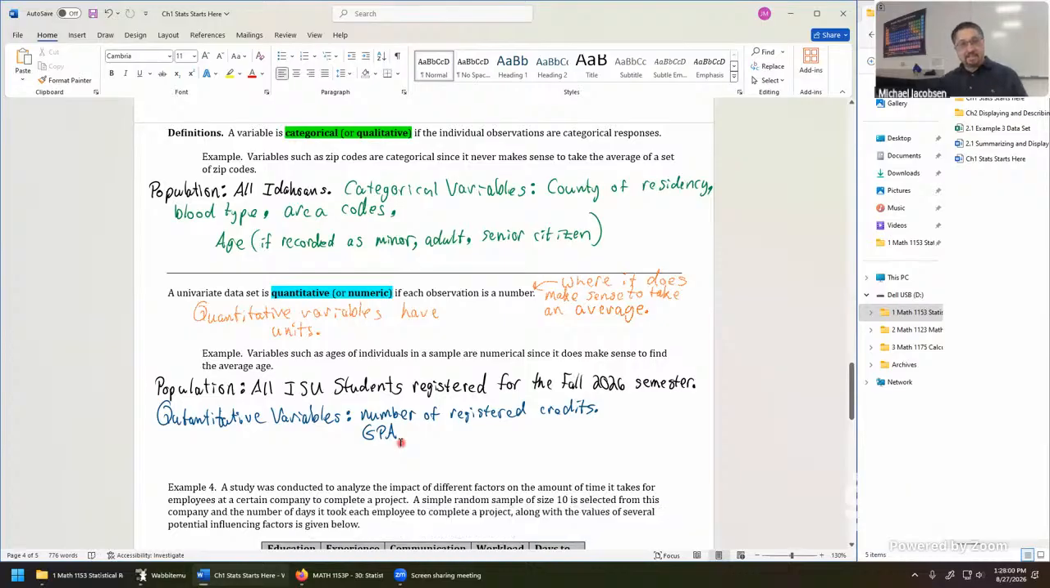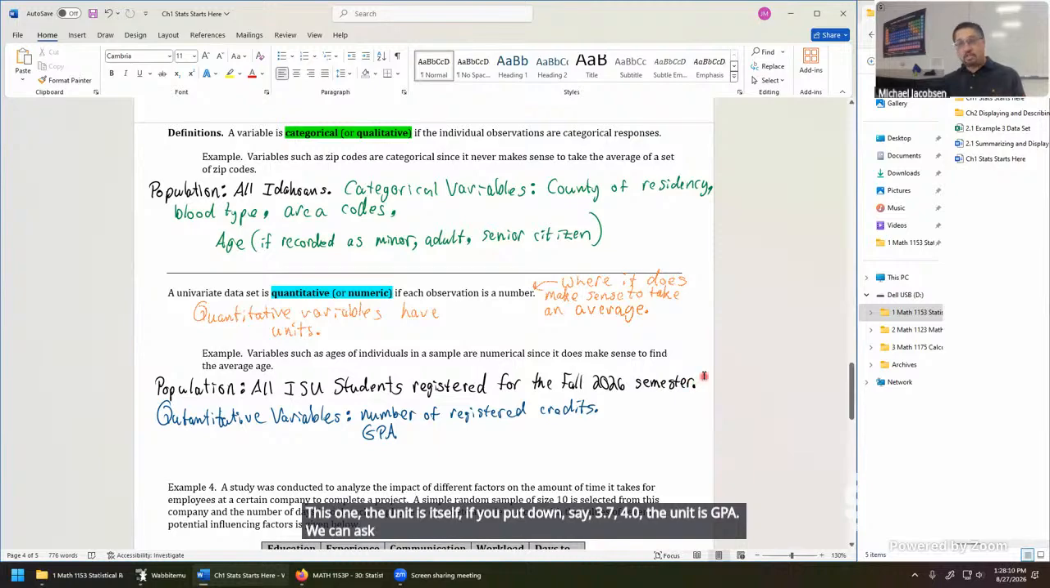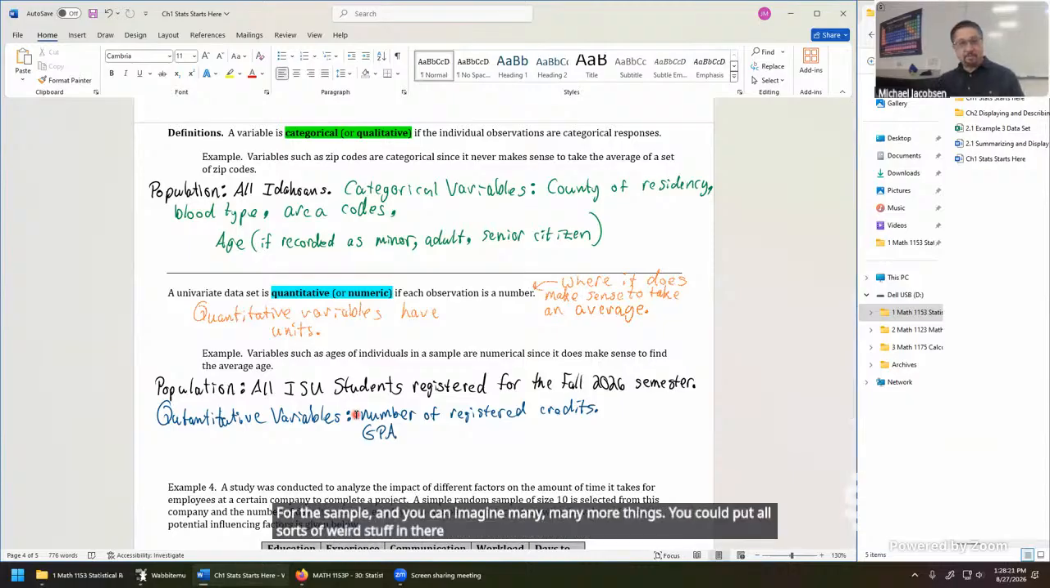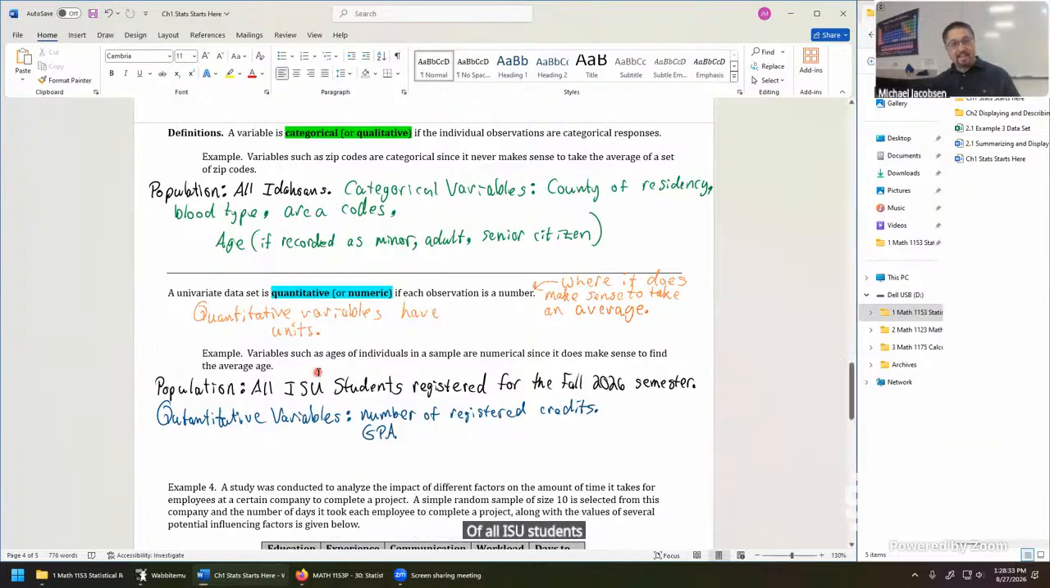This one, the unit is itself. If you put down, say, 3.7, 4.0, the unit is GPA. We can ask and answer what is the average GPA amongst individuals in the population or the sample. And you can imagine many, many more things. You could put all sorts of weird stuff in there. Again, it's hard to know what the study is going to be about if you said height, but that's a variable. You could conceivably measure the height of all ISU students, or take a sample of maybe 100 ISU students,